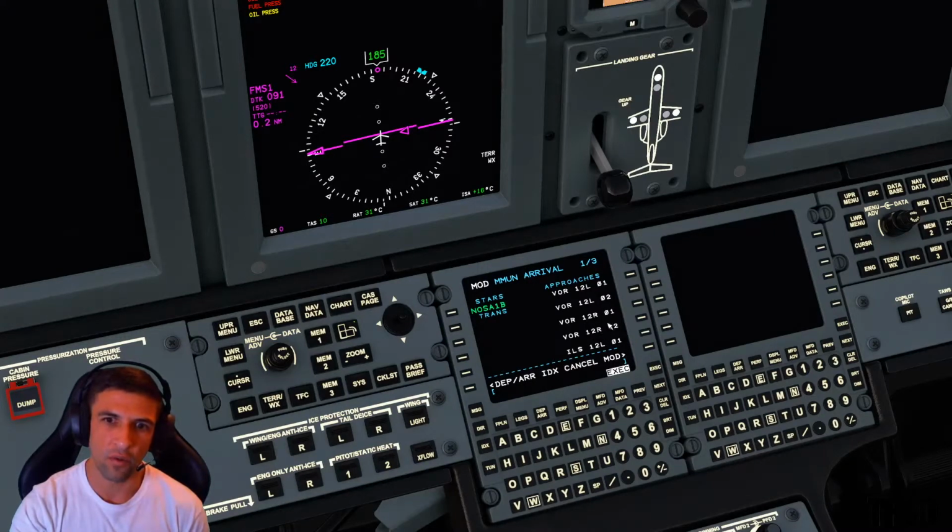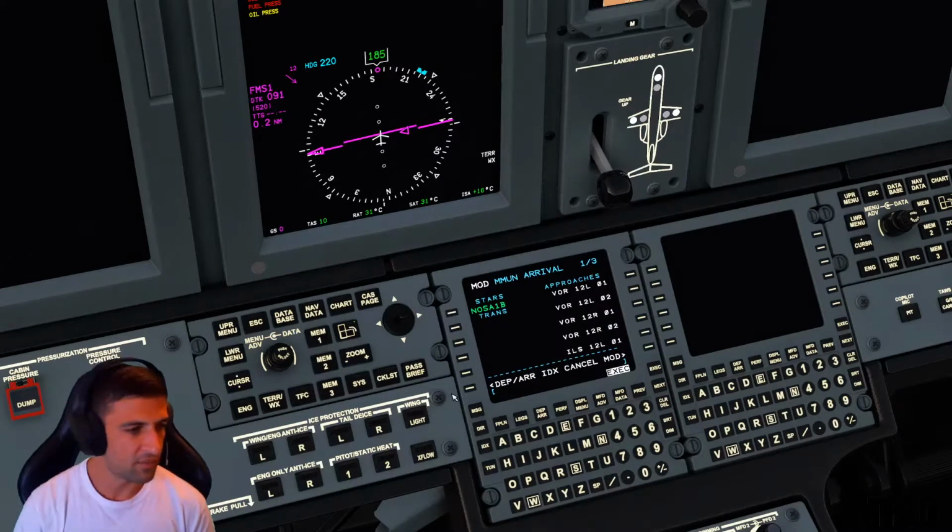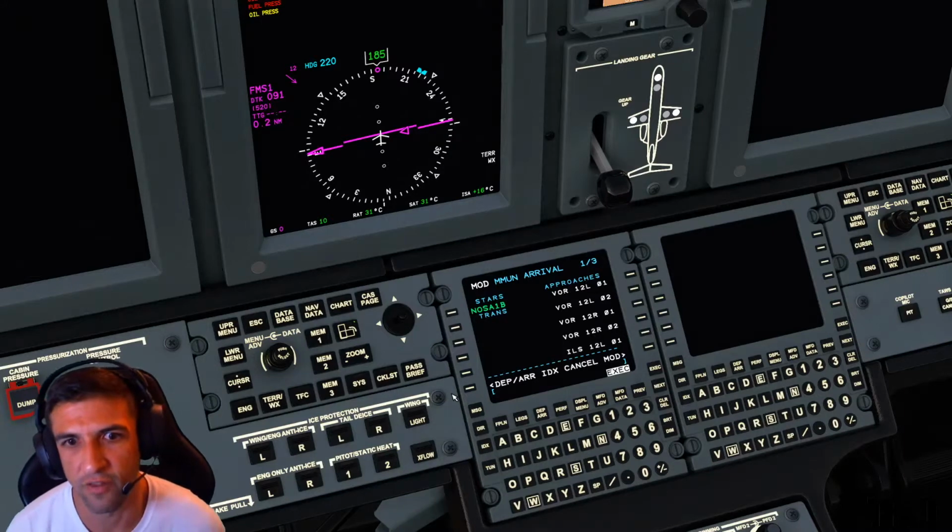The wind over there is favoring the 12s, and 12 right is the closest to the general aviation ramp over there at Cancun. So that's the plan. Most likely we're going to use 12 right. We'll see if ATC jumps on before we get there, and if they do, we'll just have to go with